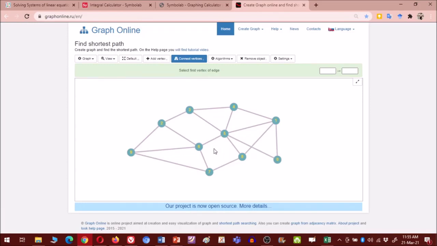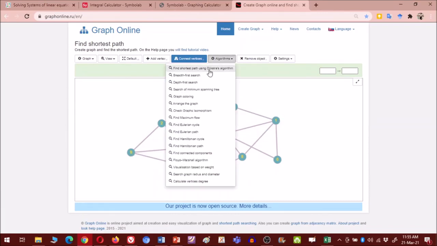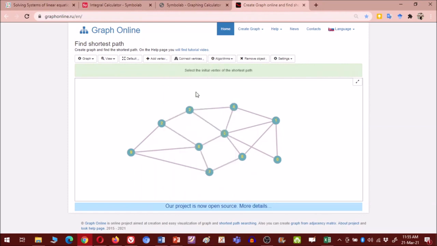Now suppose I want to find the shortest path between 9 and 1. So I can choose the Dijkstra algorithm. I have to select the initial vertex, so this is my initial vertex. Now select the end vertex, so this is my end vertex.